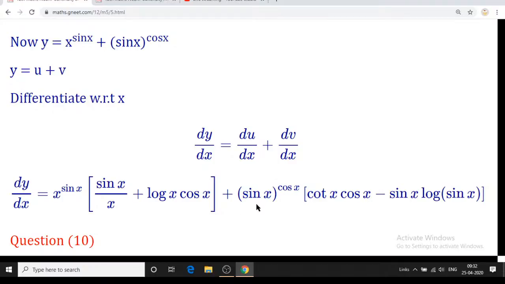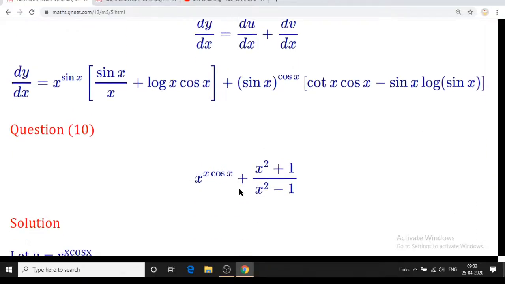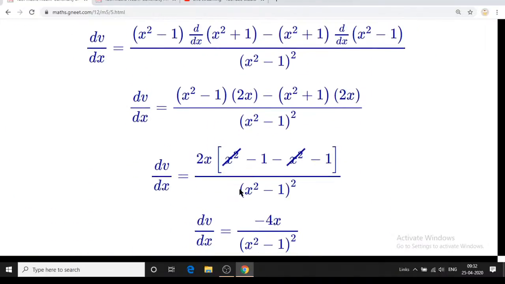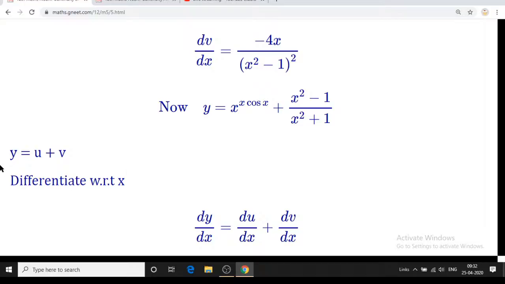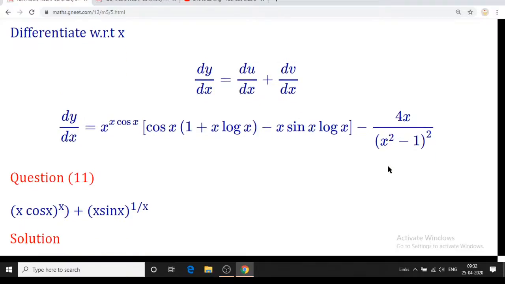करेक्ट, उसके बाद उसको एलसीएम लो, ये करो, वो कुछ नहीं करना है, जैसे आया वैसे के वैसे लिखना है. सिर्फ सम ऑफ द क्वेश्चंस वी हैव टू सिंप्लीफाई. अब वो कैसे पता चलेगा कि कब सिंप्लीफाई करना है और कब नहीं करना है? नॉर्मली मैंने पहले बोला कि हमेशा देखो यू वी जो मिला डी यू बाई डी एक्स, जो आया डी यू बाई डी एक्स वो, और डी वी बाई डी एक्स वो वैसे के वैसे लिखते हैं. वी नेवर गो ऑन सिंप्लीफाइंग दैट इज अ, उसके आगे एलसीएम लो, ये करो, वो कुछ करना नहीं है, वहाँ तक ही रखना है. नॉर्मली दिस क्वेश्चंस वेर वी यूज अ लॉग और टू अलग अलग फंक्शंस करके लेने पड़ते हैं,